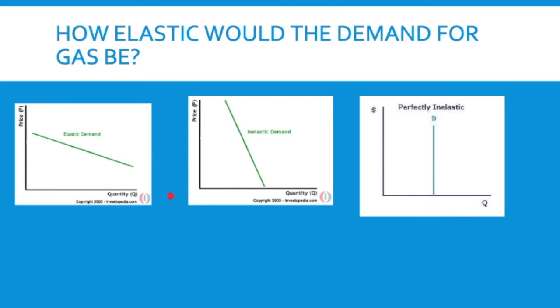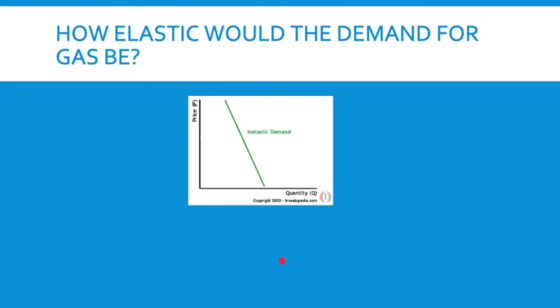Would it be elastic or inelastic? It would be relatively inelastic because people, for the most part, are going to buy gas. If it's $2 today and it's $2.50 tomorrow, they're probably still going to buy, for the most part, the same amount of gas. If gas prices go up, like $5, then we'd probably start seeing this demand curve shallow out a little bit. But when we have fluctuations in the price of gas, it very rarely changes the amount of gas people buy because they still need to fuel their cars, get to work, and do other things.